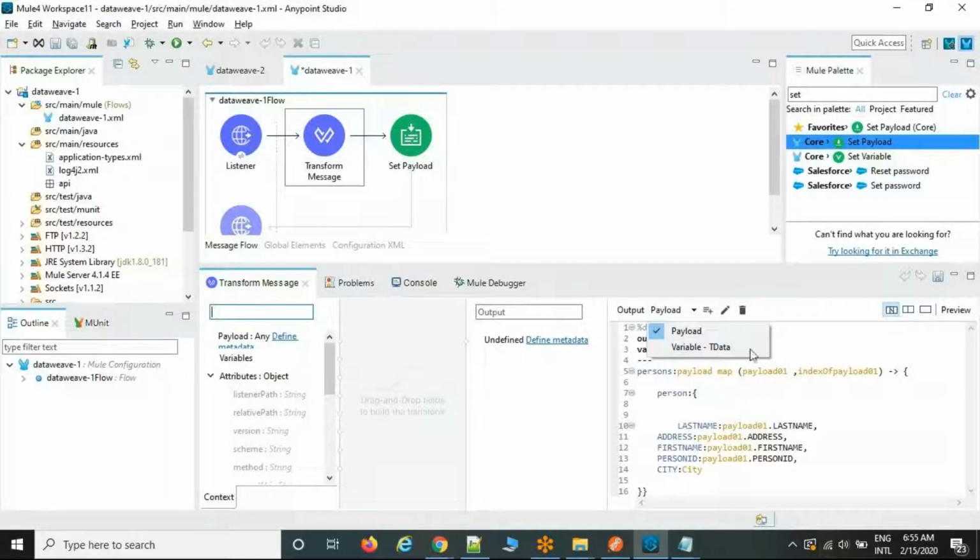This is the output, the entire output will be stored here. But in the DataWeave code, I'm going to create one variable in the header part. This is the complete header. I'm going to create a variable and reuse it. For example, in the source system it comes as city equal to Hyderabad, but I don't want to send Hyderabad to the target system, and they are expecting Chennai. Then what to do? I'm going to create Chennai here.